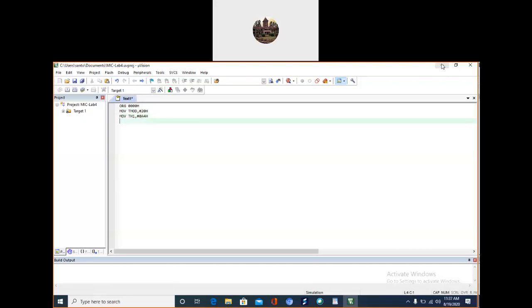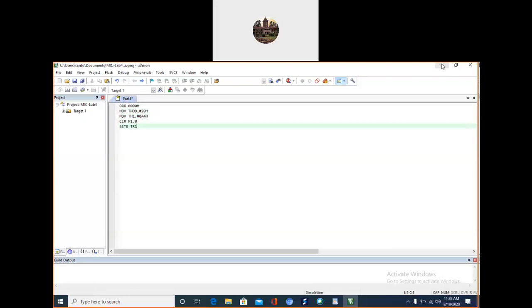Then I'll clear the port 1.0 pin. Then I start timer 1 by the instruction SETB TR1.